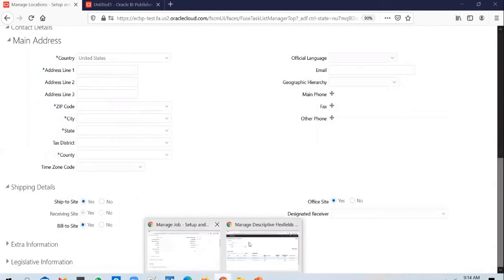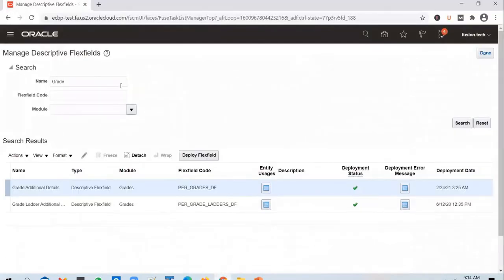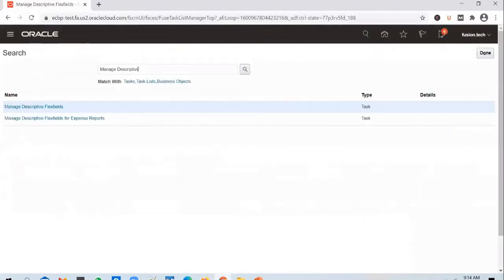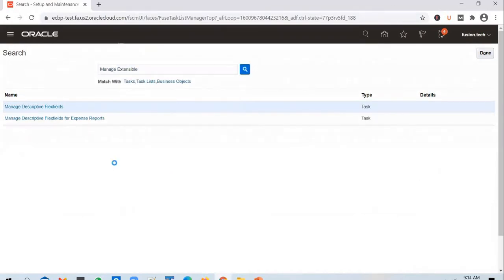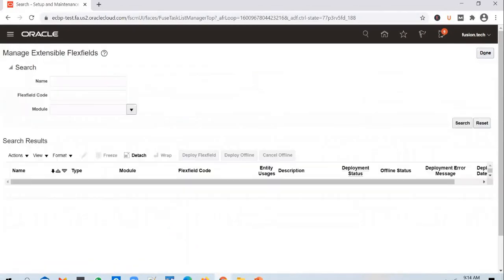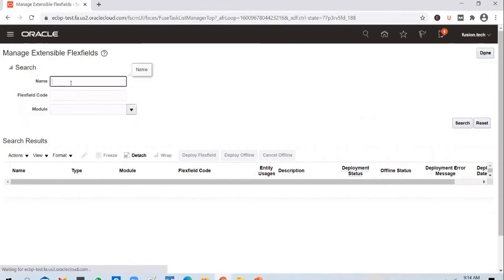Then you go into the search options. You go to global search, and you search for extensible flex field instead of DFF. And you search for location here.